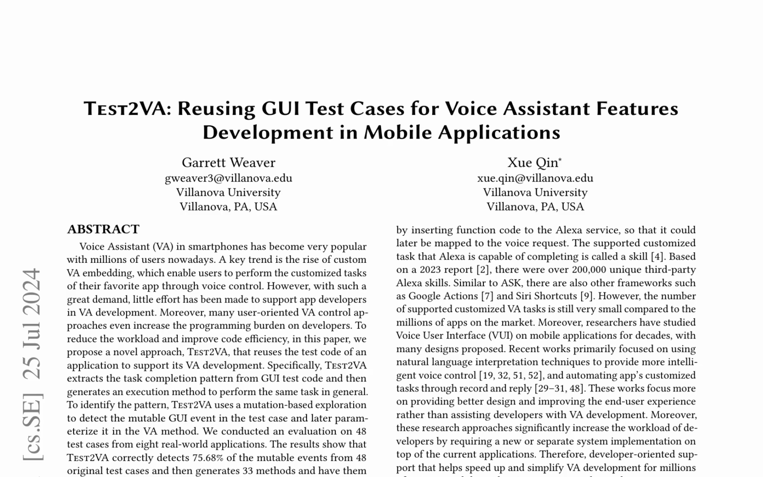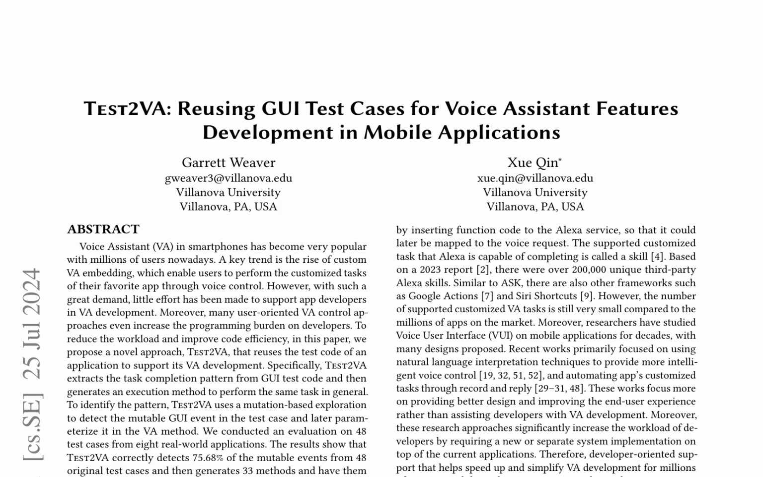Integrating voice assistant (VA) features into mobile applications is crucial for enhancing usability, but it poses a significant challenge for developers. To address this, Test2VA presents a novel approach that reuses GUI test code to automatically generate functional code supporting VA task execution. By repurposing GUI test scripts for VA tasks, Test2VA aims to reduce the workload and improve code